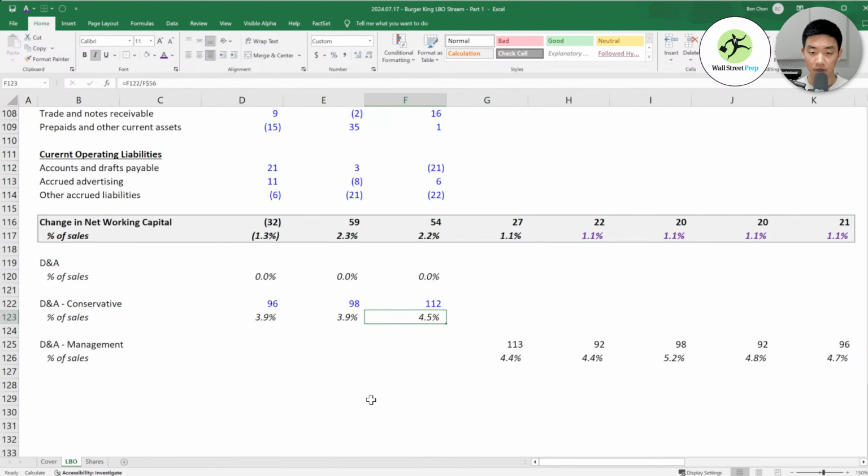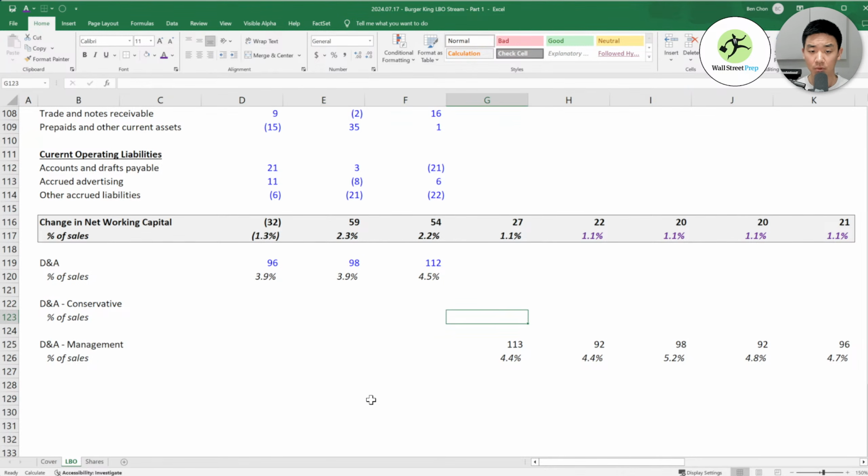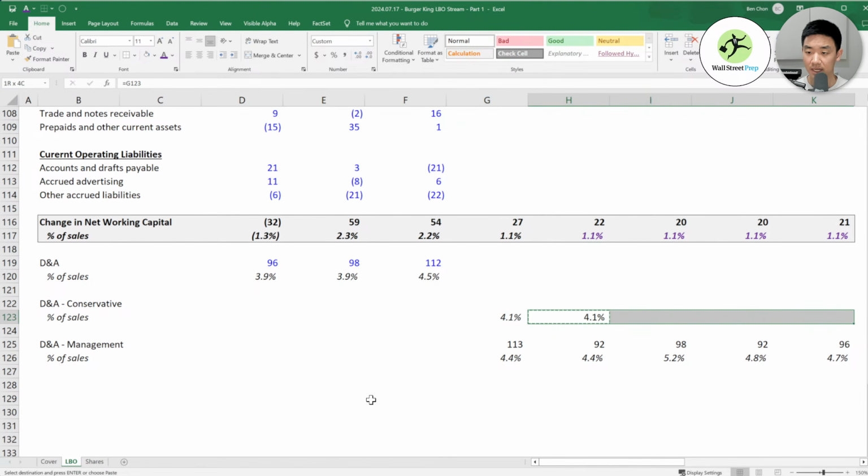So for our conservative case, actually we can just make this part of historicals. We don't really need that here. What we're going to do for our conservative case is just use a 3-year average, very simple, and then hold it steady over time, since it's not really changing that much anyway.